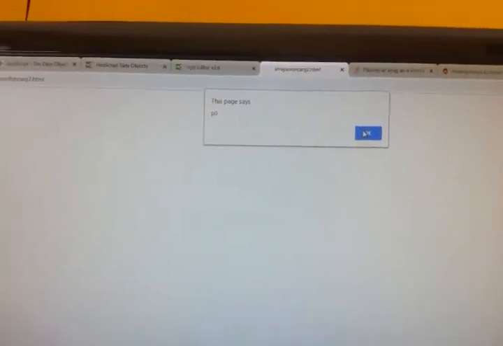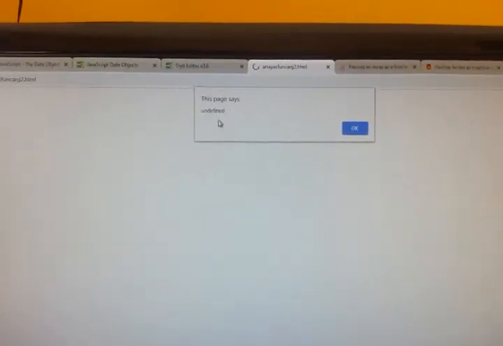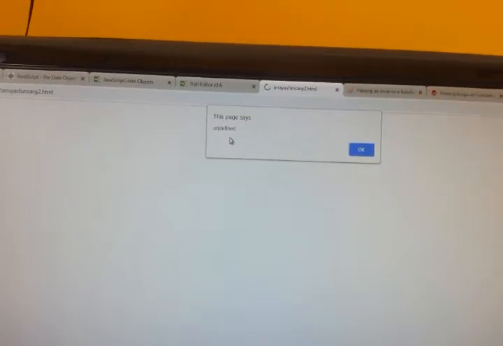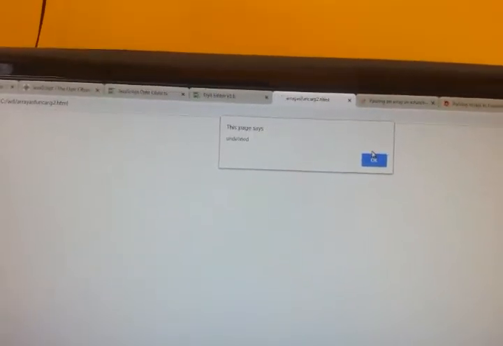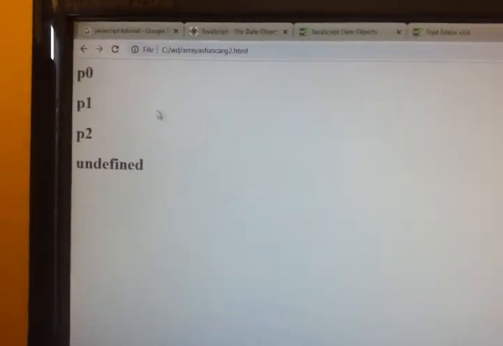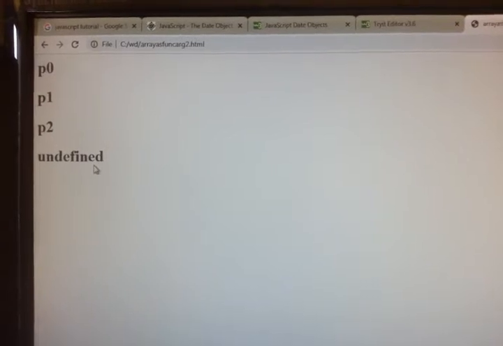So I got P0, then P1, then P2, then we get undefined, because we haven't provided the fourth value, so it has given that it is undefined. Okay, so I am printing that. So I got P0, P1, P2 and undefined.